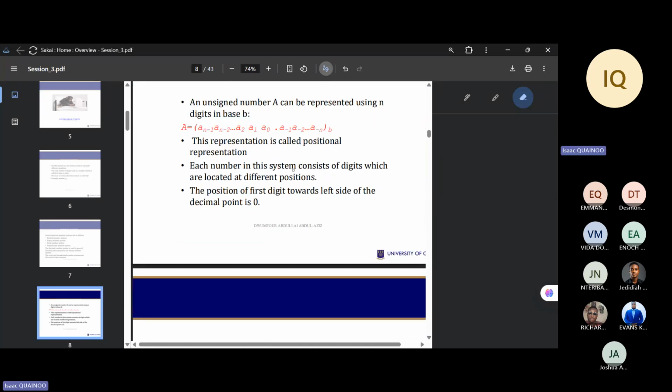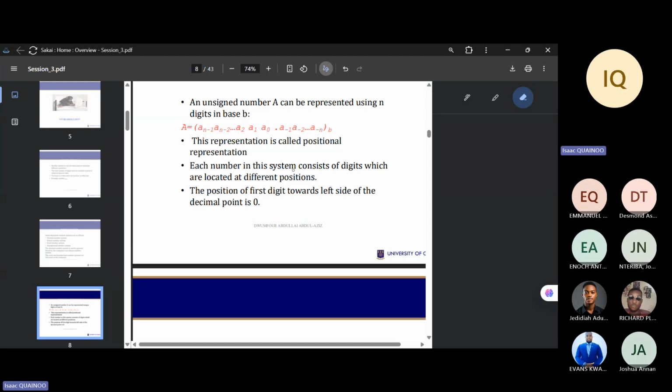So an unsigned number A can be represented using n digits in base B. When we are talking about unsigned number systems, we are talking about number systems that accept only positive values, okay? So we are only talking about positive numbers here and not negative. So when we are talking about an unsigned number system, we are saying that it can be represented using n